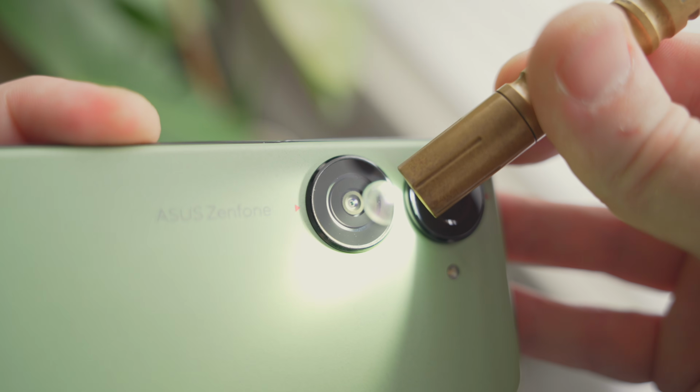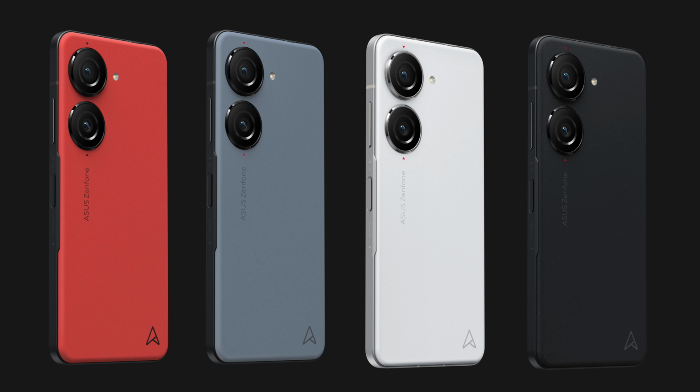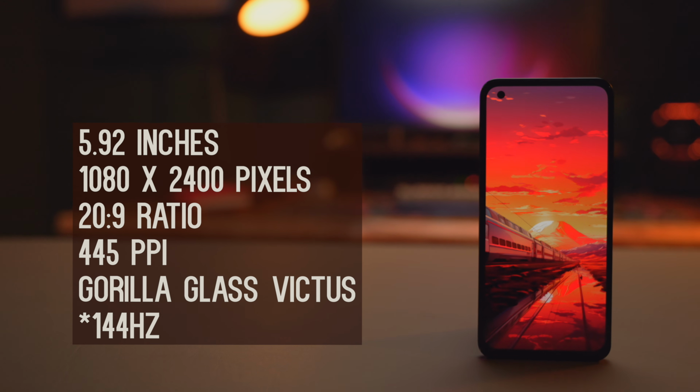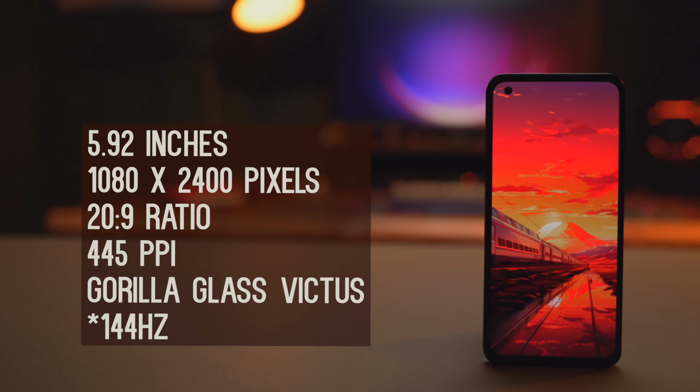There's obviously some new colors, as you can see. The one I've got here is one of my favorites, Aurora Green, but man, the red and blue versions look really awesome too. Now, the display is basically the same 5.9-inch Super AMOLED panel from last year, but this year